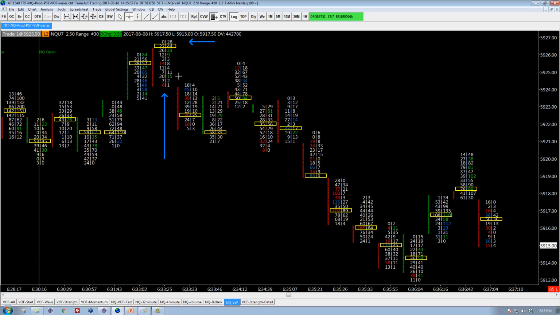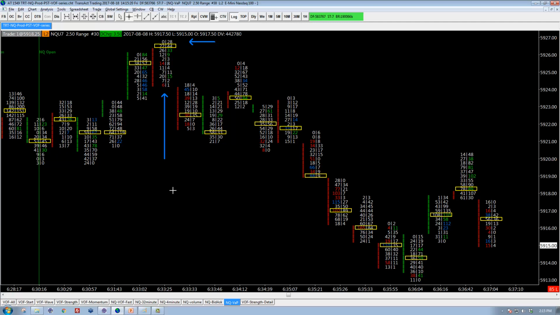The yellow rectangle is the price level at which the most contracts traded, so it's called the high volume node. Neither of these are important for the current discussion, but if you're curious, that's what they are. What we want to do is understand, in this bar, what was the total